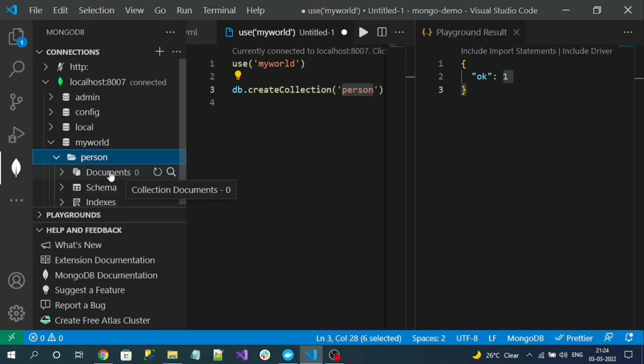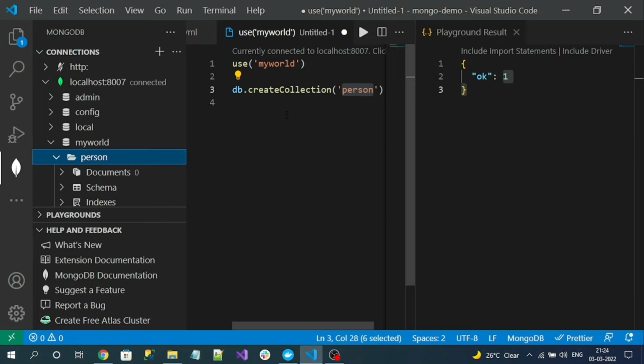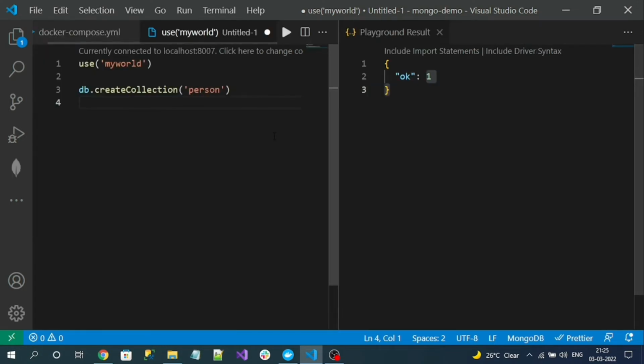I have mentioned, right? A collection contains documents, which are equivalent to the records in a table. So that is how we can create a database and a collection in MongoDB. First, let's insert a single record into the my person collection. Inserting a single record means a single document. So I can remove this command, but I should use my old DB so that my context will be